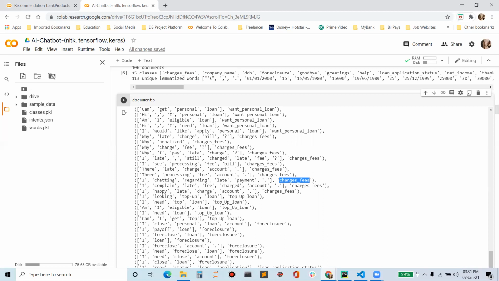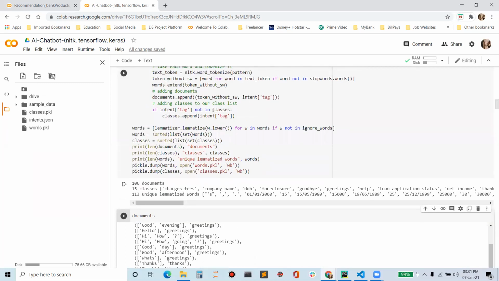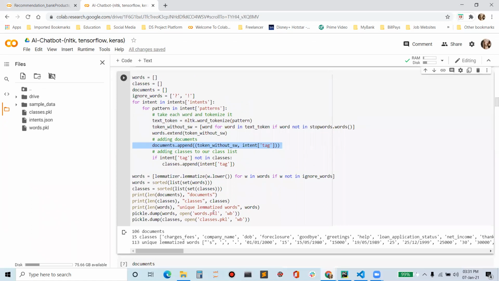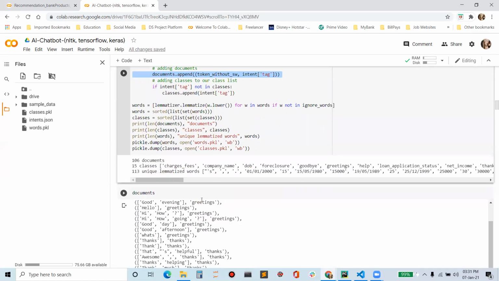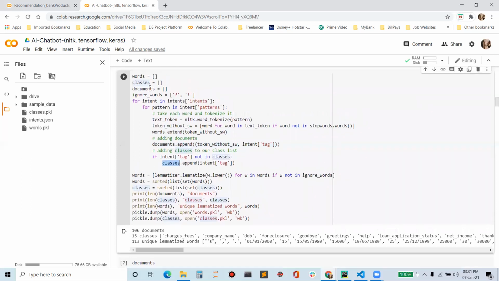So this is the idea. Let's go back here. In this document list, this is what I'm saving, wherein two pieces of information are getting stored. The first piece of information is the list of the words in the sentence, and the second piece of information is greeting. And then what I'm saving in the last list, which is the class, I'm simply saving